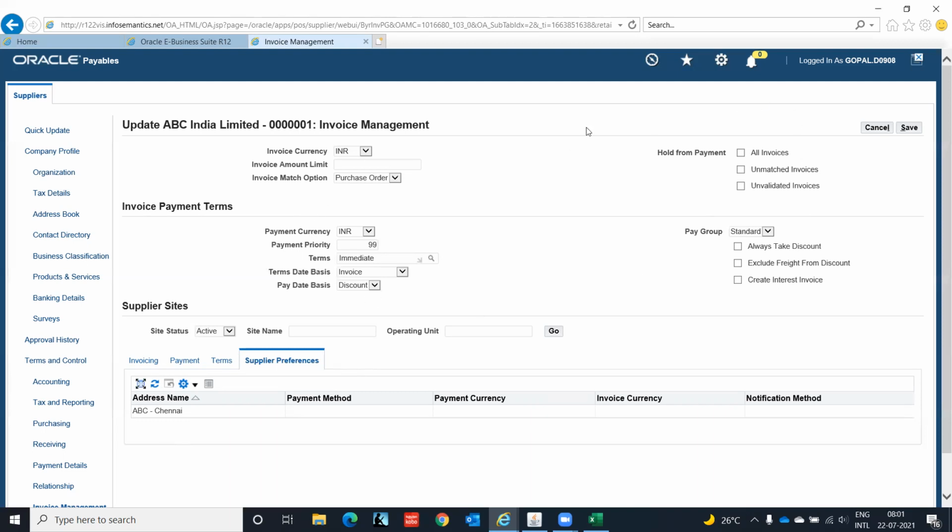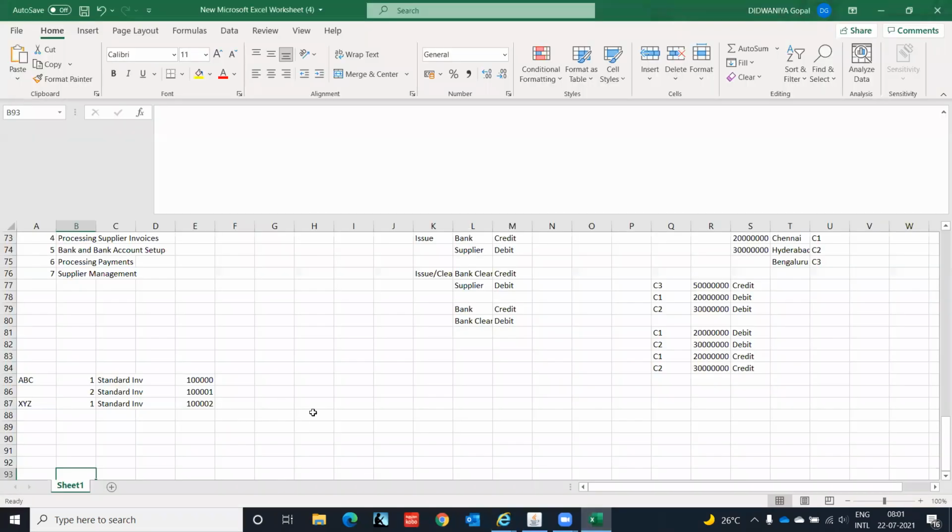Okay, and we have the site level. So let me explain to you what is this account level, what is this site level. The supplier at the account level will be available to all operating units, whether it is part of your group or part of any other.